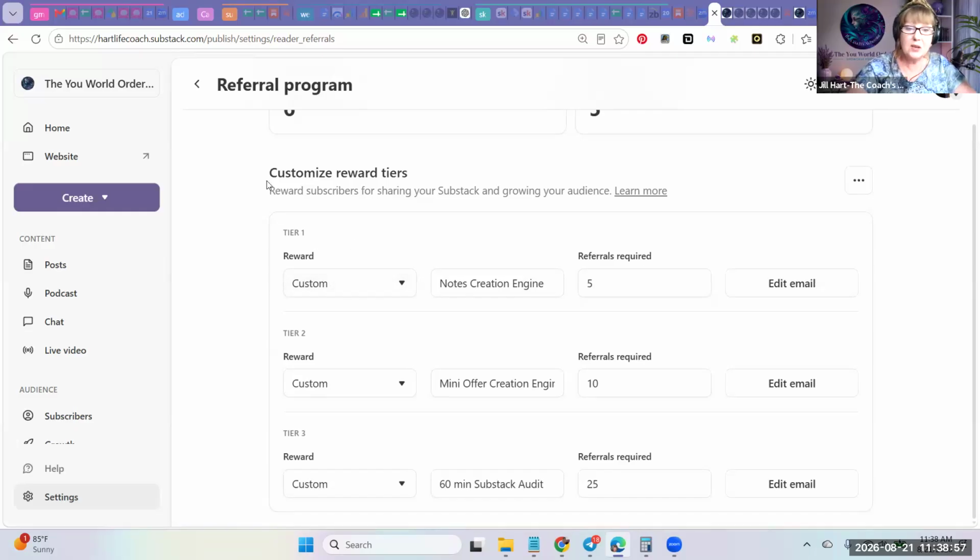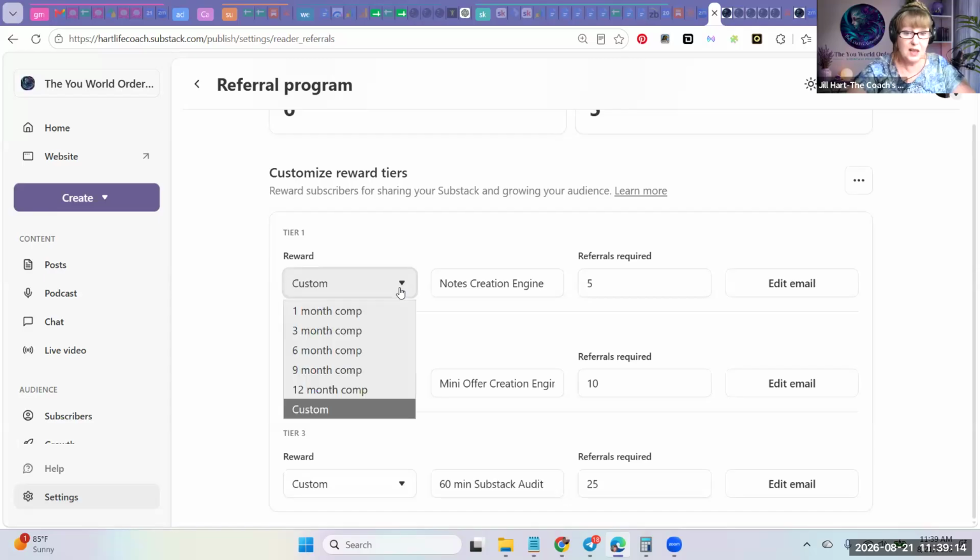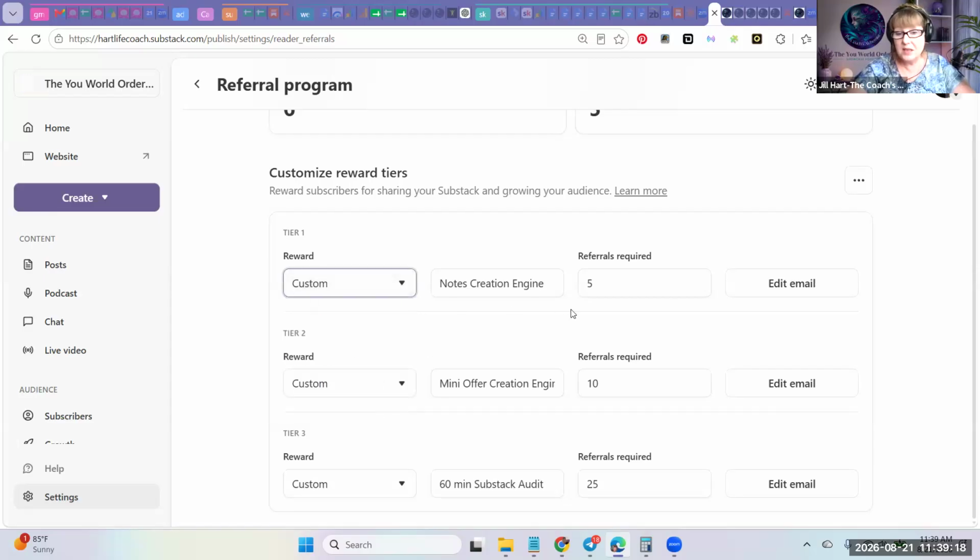Okay, so we're going to customize reward tiers, and you can click this Learn More button, which will take you over to Substack's description of all of this, which is really very well done, I will say. You have the choice of doing a custom reward, where you can put in what you want, or you can do the monthly comps. So I'm going to go with custom rewards, and I'm going to give people who send 5 referrals my way